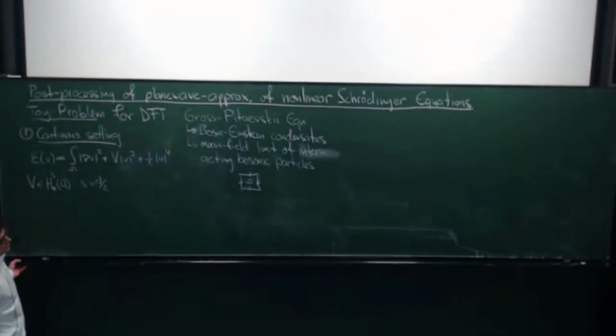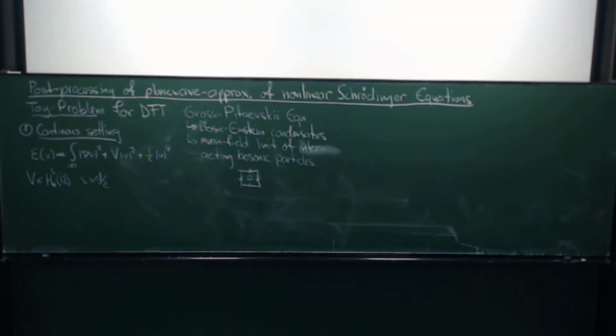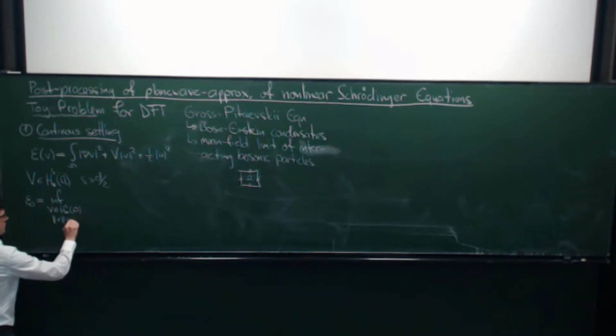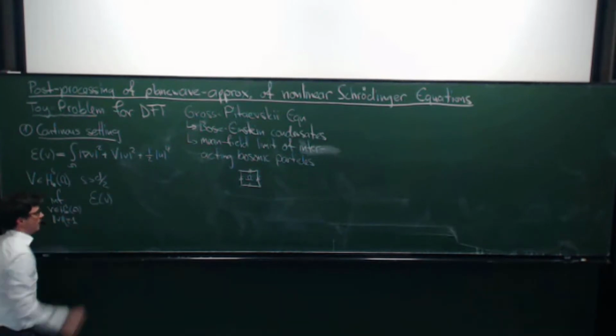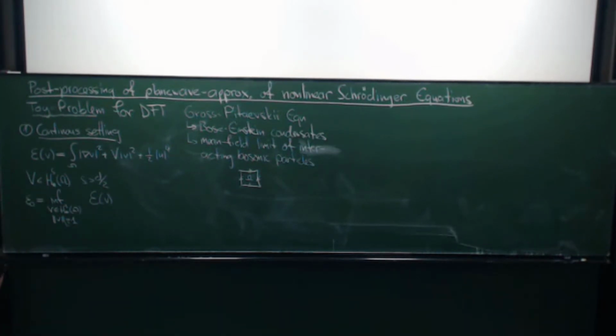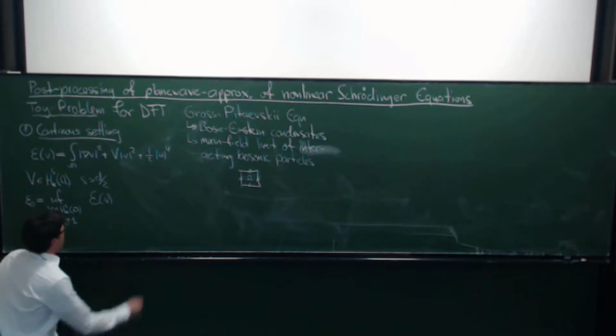And then what you define, using the terminology from electronic structure computation, is the ground state energy E0 to be the infimum over all v that are periodic H1, such that the L2 norm is equal to 1. This is coming from the fact that you're looking for a probability density function which should have norm 1. Okay? So you can derive the Euler-Lagrange equations,